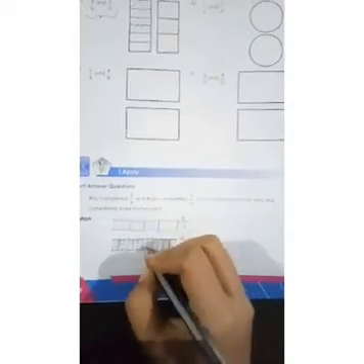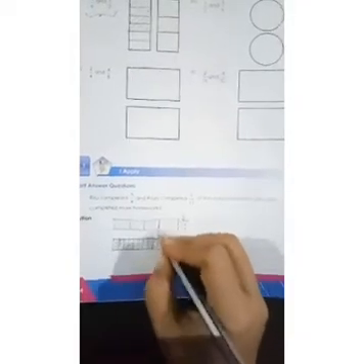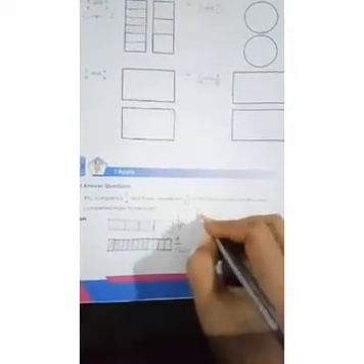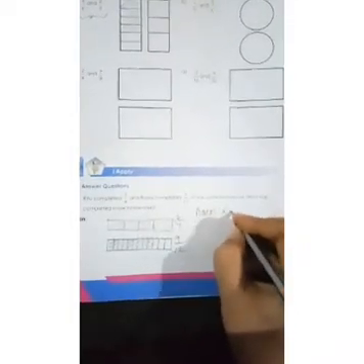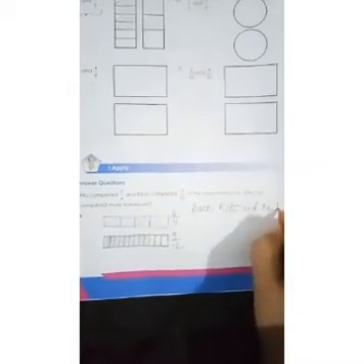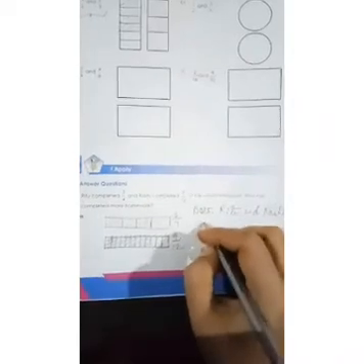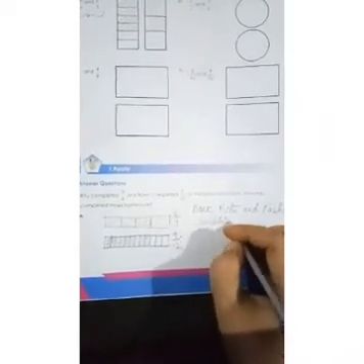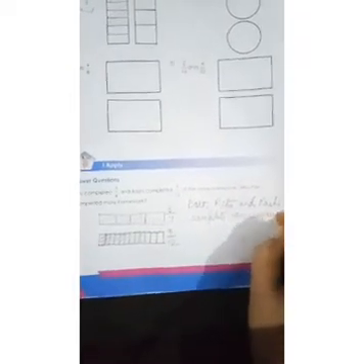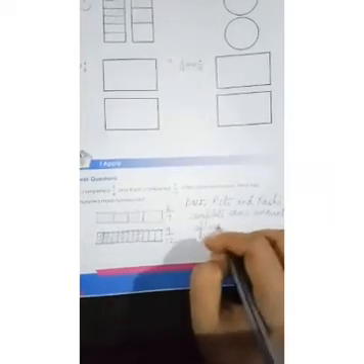Okay, though the divisions of both the figures are different, the fractions are equivalent. Now we have to find who has completed more work. Since their fractions are equivalent, that means both Ritu and Rashi completed the same amount of work. Alright, in this way you can do question number 18 also.